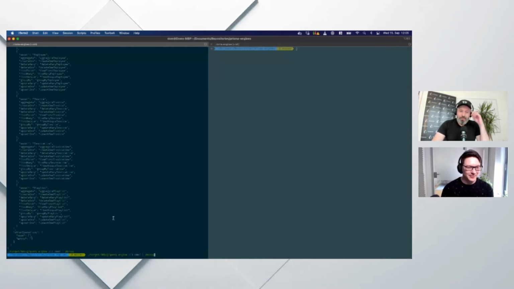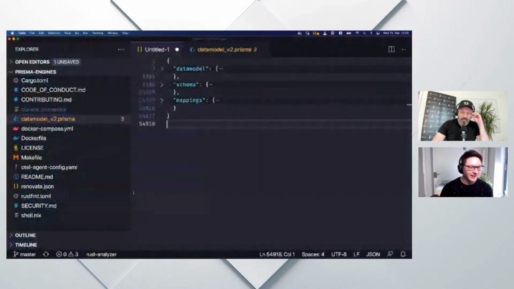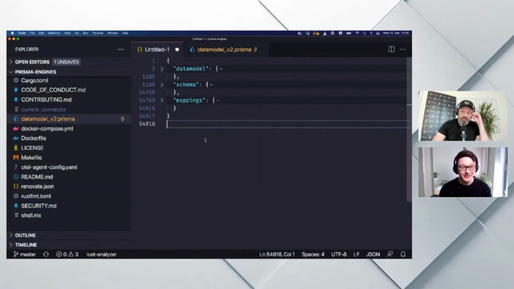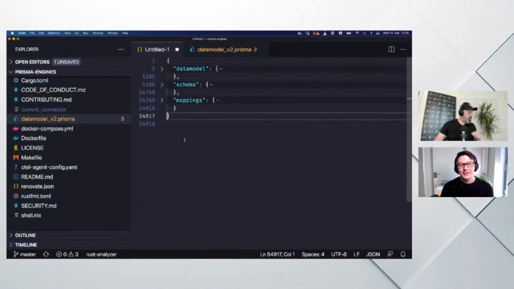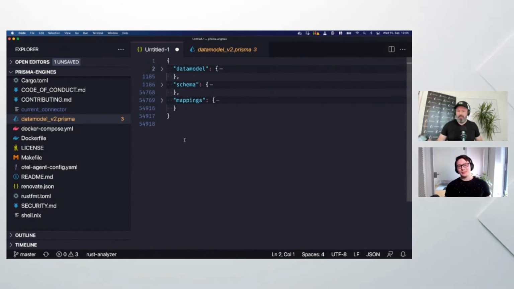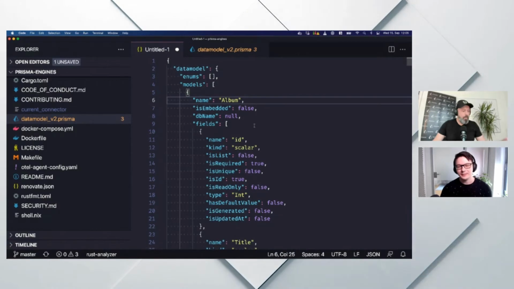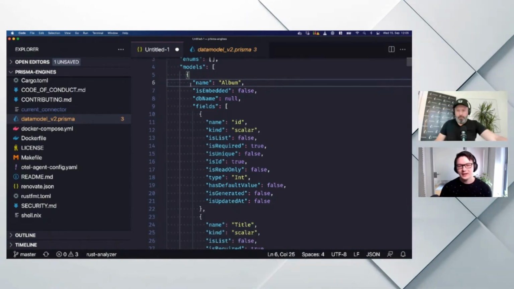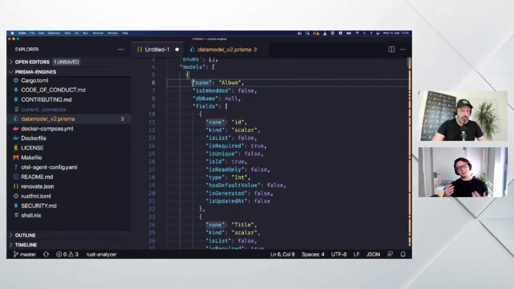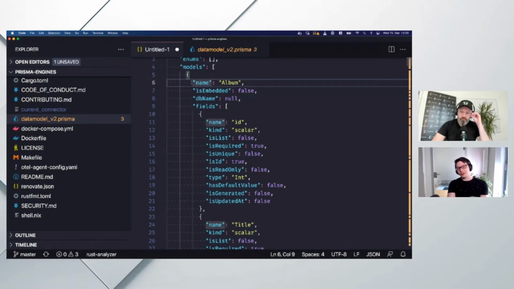So let's grab that. Yeah. And let's take a look at what is actually included here. It has three main components, which are data model, schema, and mappings. The data model is what you just said, more or less a representation of the AST as JSON. If you have a client that just needs to dig into the model AST a little bit, you can generate a client just using this information,